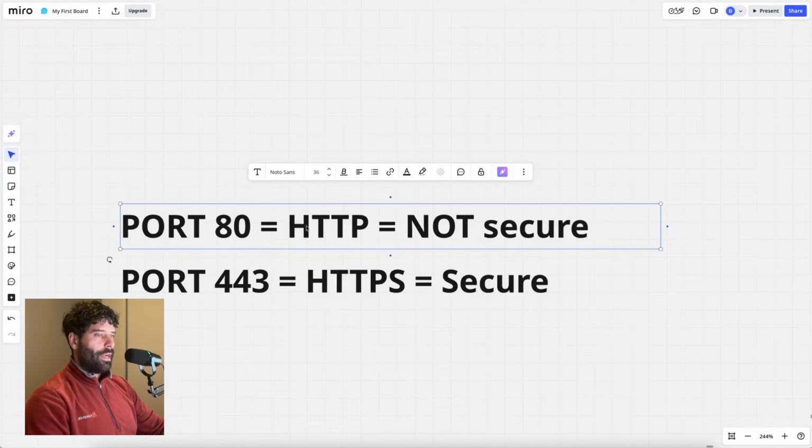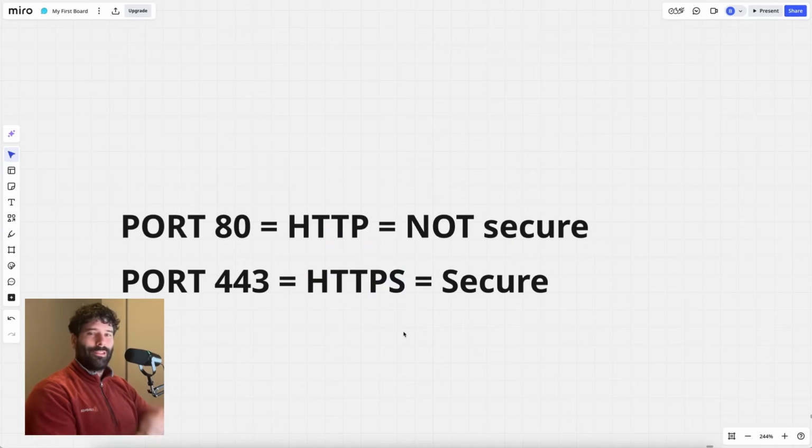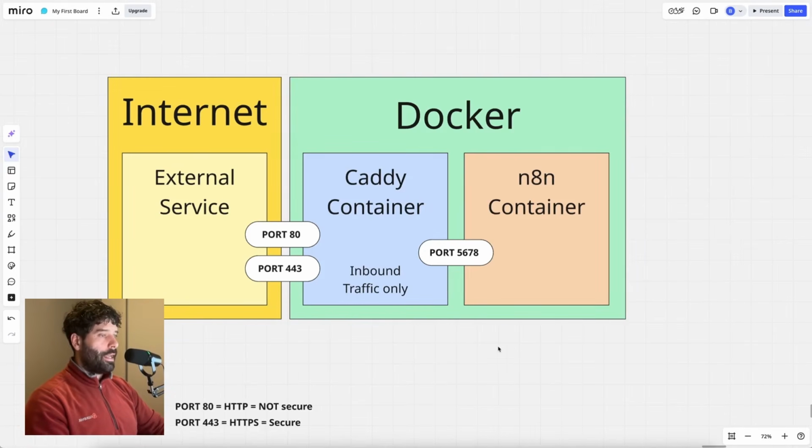Port 80 is for HTTP protocol. That's when you're sending the postcard that anyone can read. And port 443 is specifically for HTTPS, when you're sending that postcard, but it's inside an envelope. Now, when you're deploying n8n on Docker, for you to set this up appropriately, so you have like this air